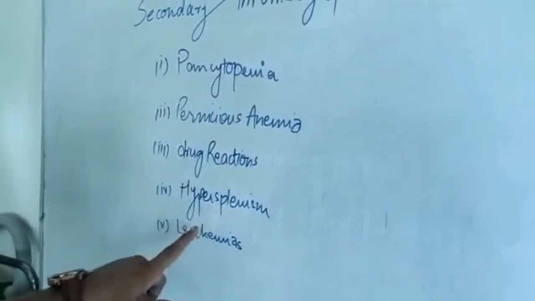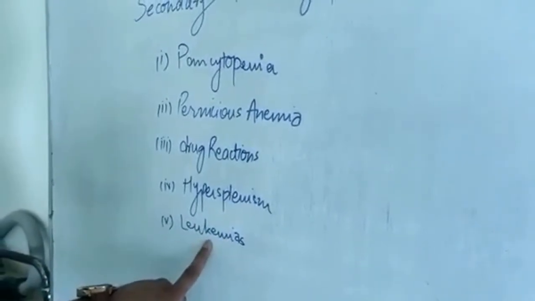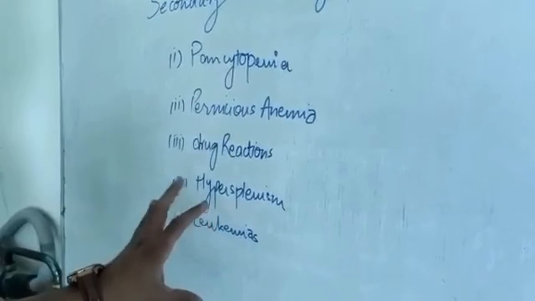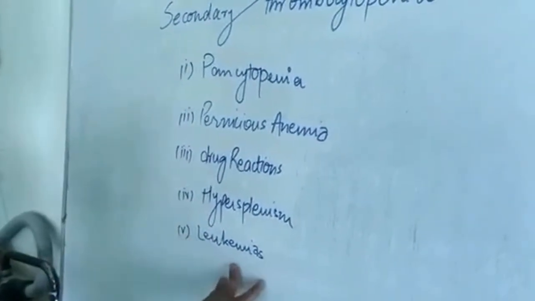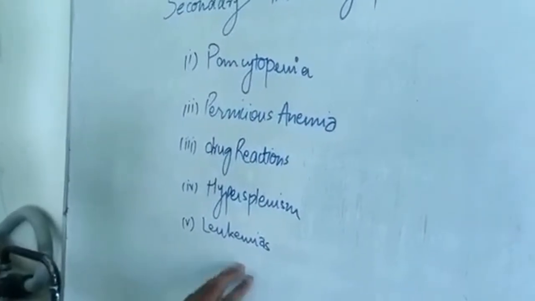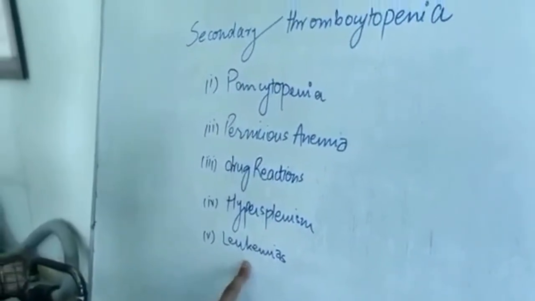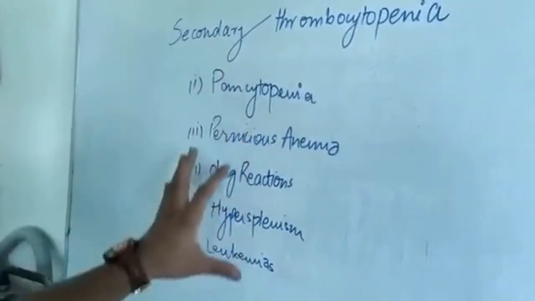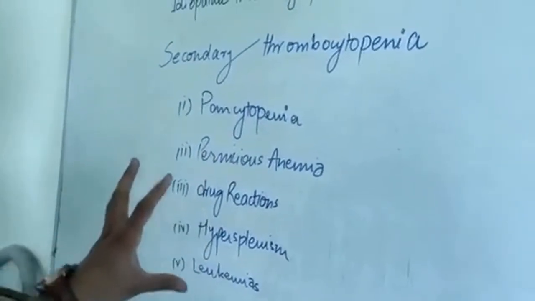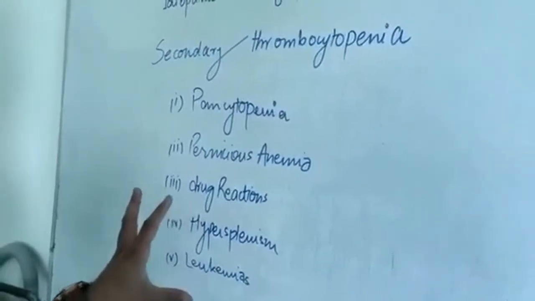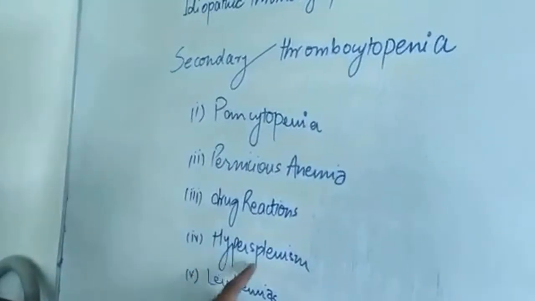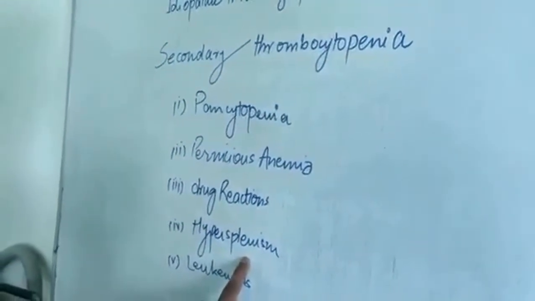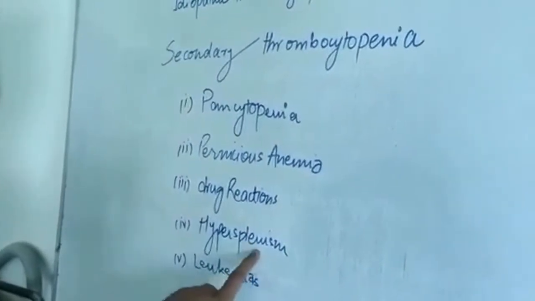So in the case of hypersplenism, you can see more RBCs broken. And in leukemias, you can also see it in the blood smear. So in all these conditions, as the first option, you should not consider the bone marrow and CT scans. In case of hypersplenism, go for ultrasound abdomen. This will help you.